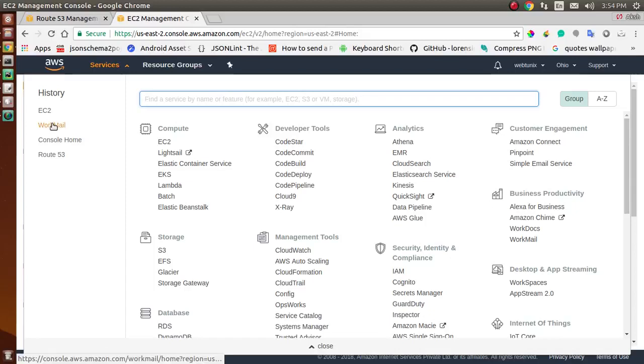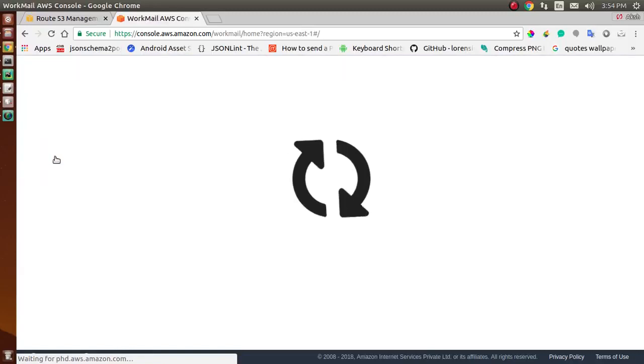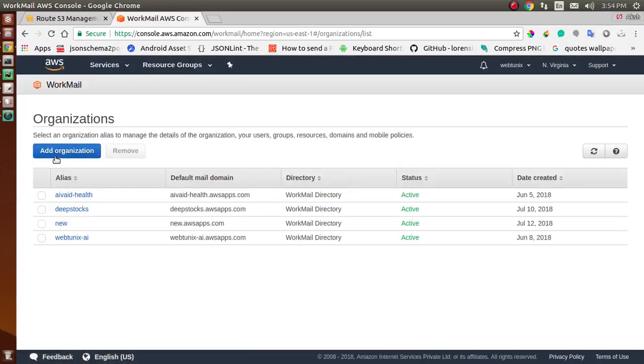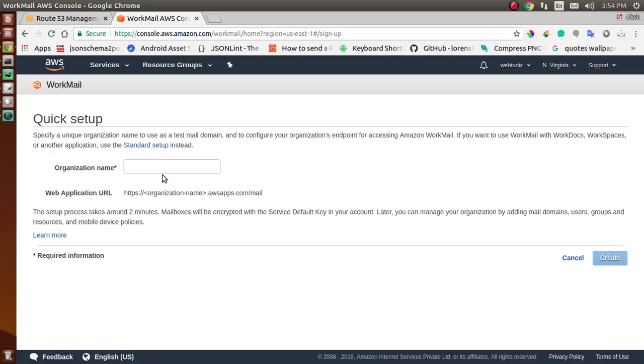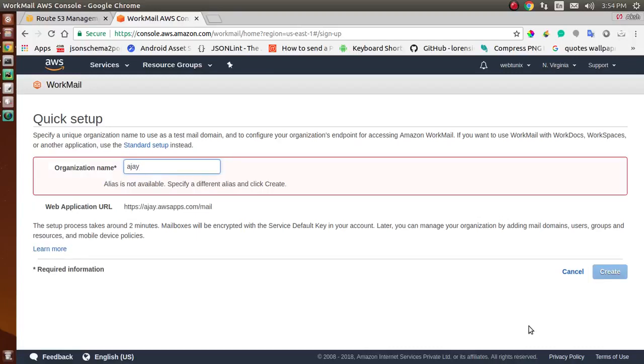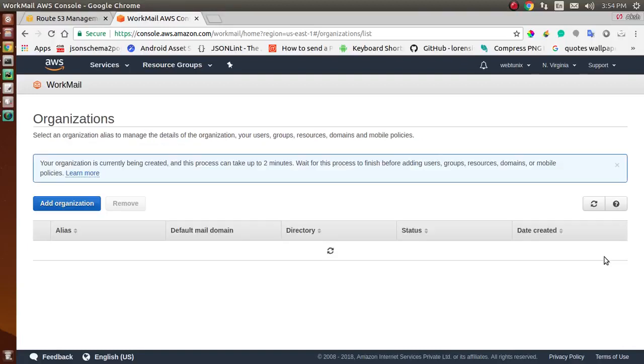So firstly, we click on WorkMail, and click on add organization and quick setup. Here we specify the organization name, any name you want. Then create.